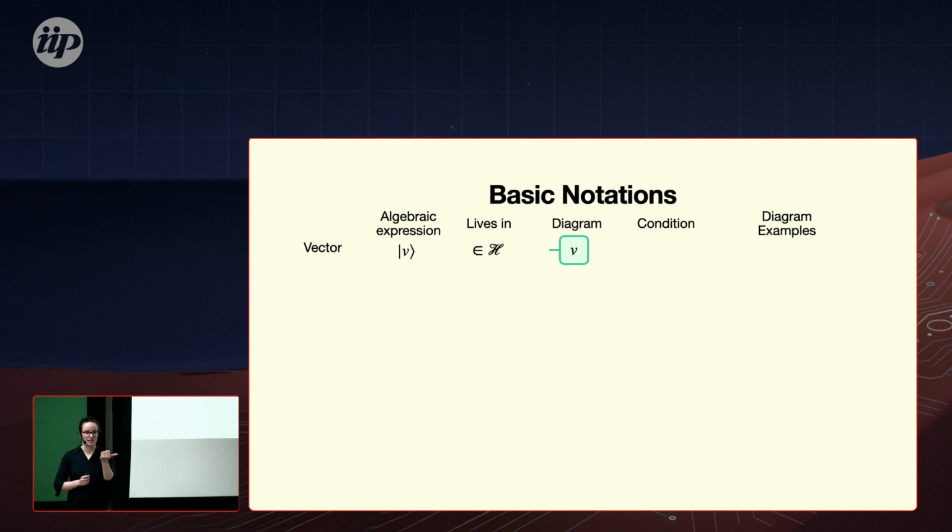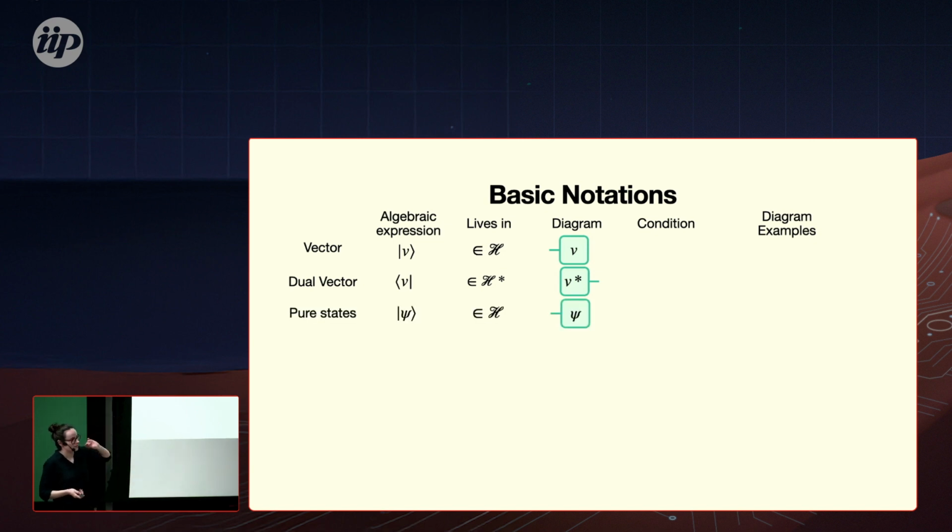All right, so a vector is a box where the leg sticks out to the left, and it means that there's one index that we could sum over. This would be a column vector with d many entries. Then we have the dual to that vector, the dual vector, which we now denote as this bra notation, so the flipped version of it. And it lives in the dual Hilbert space, and the diagram would now have the leg sticking to the right, because if we want to calculate some operator acting on this vector, we need to multiply from the right.